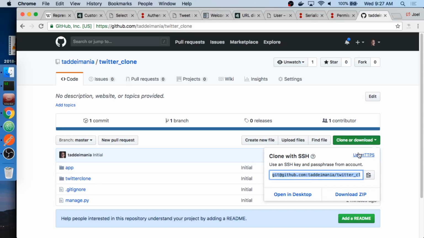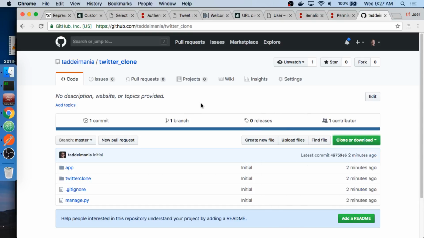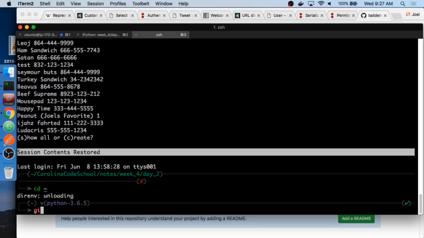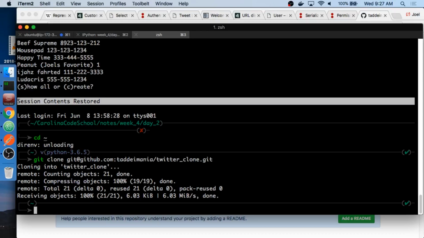It's probably HTTPS by default because you can't use SSH unless you've got your SSH key paired to this account, which you don't. So we're going to type git clone, and you paste in that URL. That copies it down to your computer into a directory called Twitter clone.